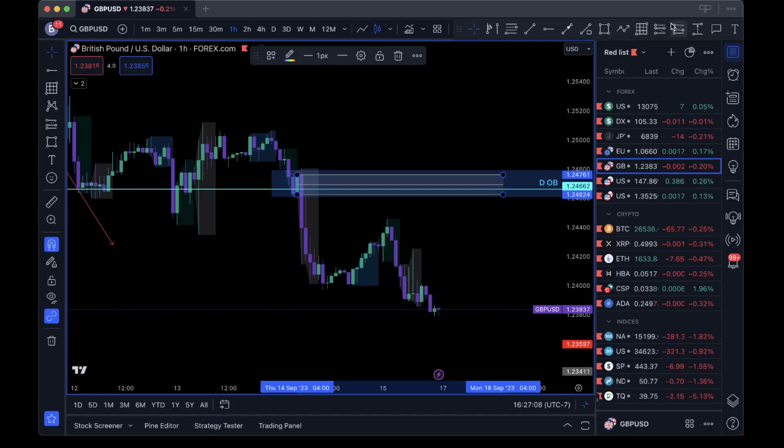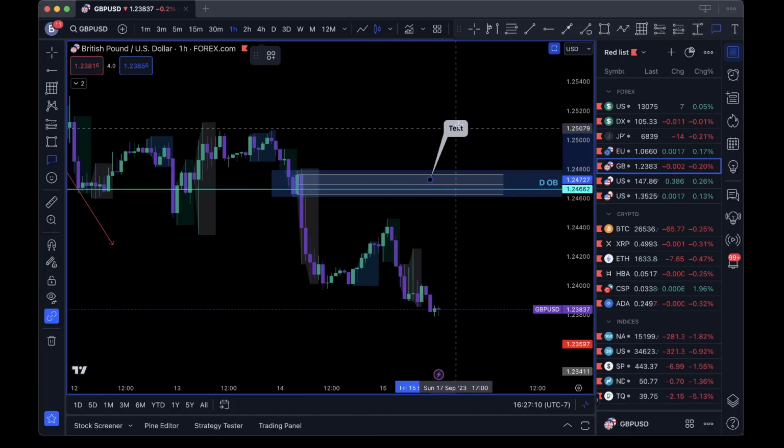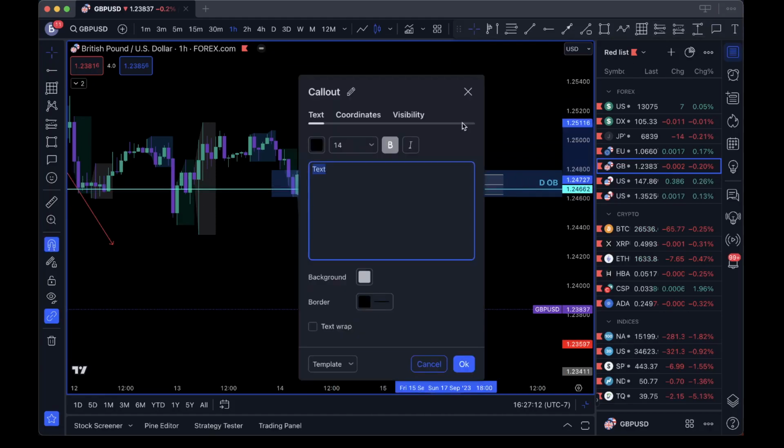Let me just do a little call out. Now the other thing I need to think about is what does that mean for the euro then, right? Does that mean the euro might raid that liquidity I was talking about? I don't know. Are they going to correlate in that way? I don't know. But what are the confluences we have here?